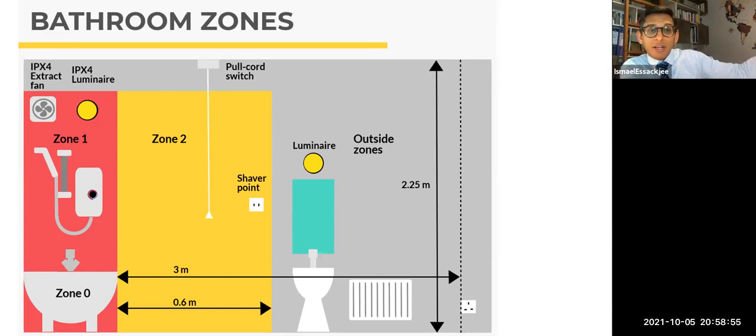So basically, you can have a fan, a light, whatever, but you have what we call an IP, ingress protection. These devices need to have ingress protection appropriate for the different zone. Here we have taken the example of the bathroom. It can be a cold room or other places, where you will need to ask what the environment is for these devices. When we say devices, it can be your IoT device, your sensors, your actuators, and so on. We are going to define these in a short while, but all of these should be selected based on the IP.